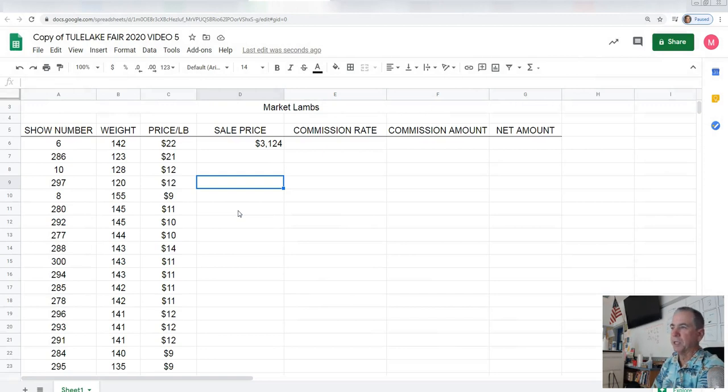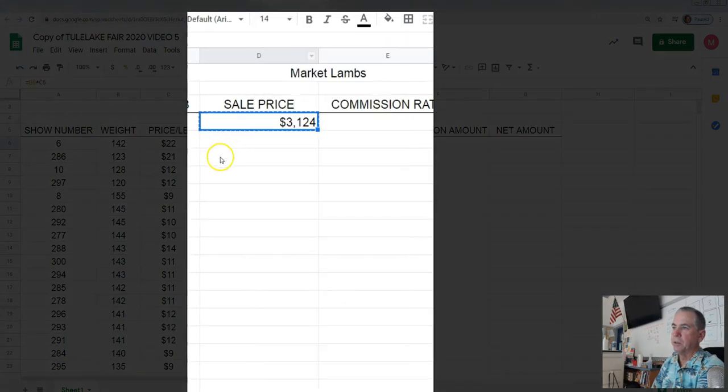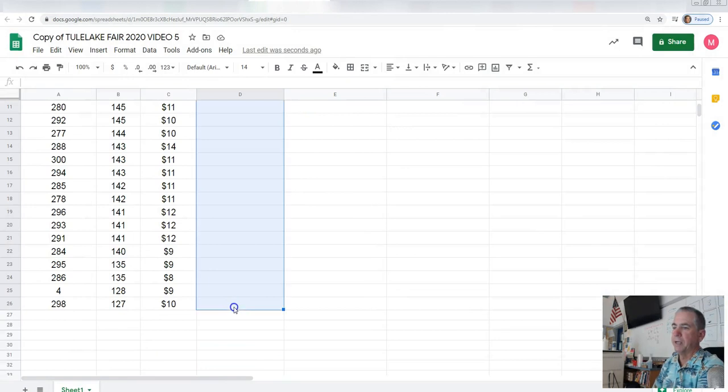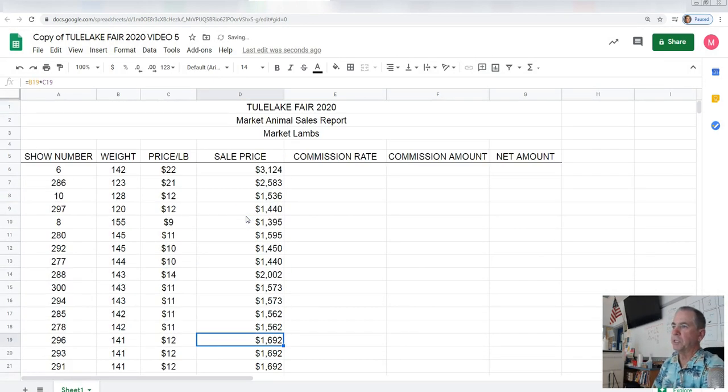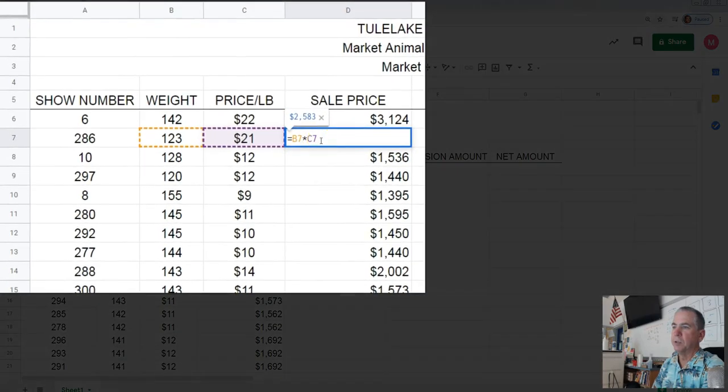Now we could do that for each of these as a calculation, but we can save some time by using some copy commands. There's a couple different ways to do that. One of the ways that you would be very familiar with is to just right click and click copy, and then select the cells where you want to paste that formula. What you'll see there is, here in the formula bar, or I can double click and you can see it in the edit mode,